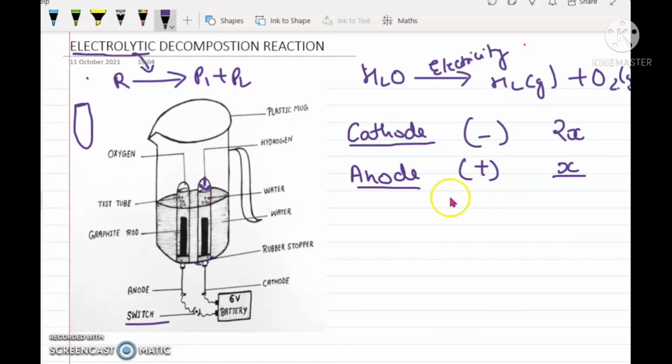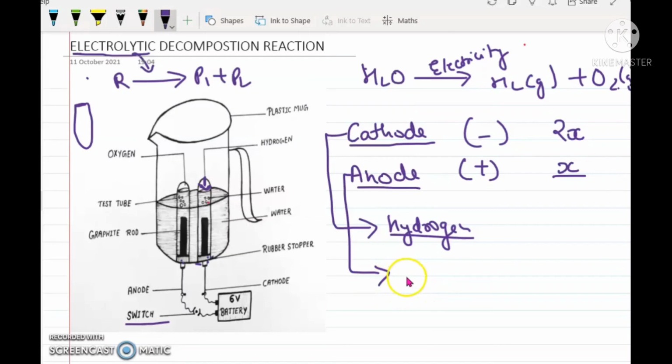Now, why does this happen? Please do understand it very clearly that at the cathode, which is the negative terminal of your battery, the accumulation of the hydrogen gas is happening. Okay, and at the anode, which is the positive terminal of your battery, the accumulation of oxygen gas is happening. Now if you look into the formula of water, 1 mole of water itself contains twice the amount of hydrogen as compared to oxygen. How many atoms do we have of hydrogen over here? We have 2 atoms of hydrogen for every 1 atom of oxygen.